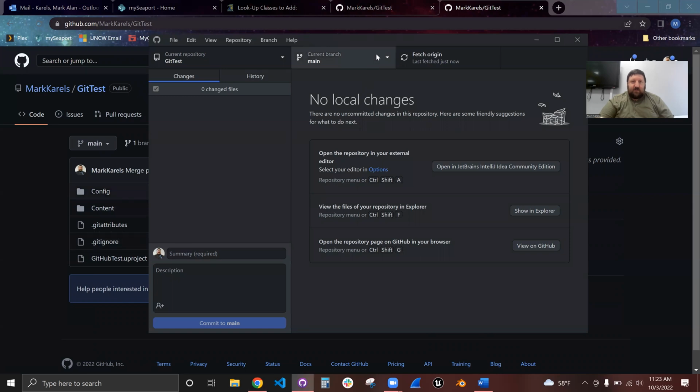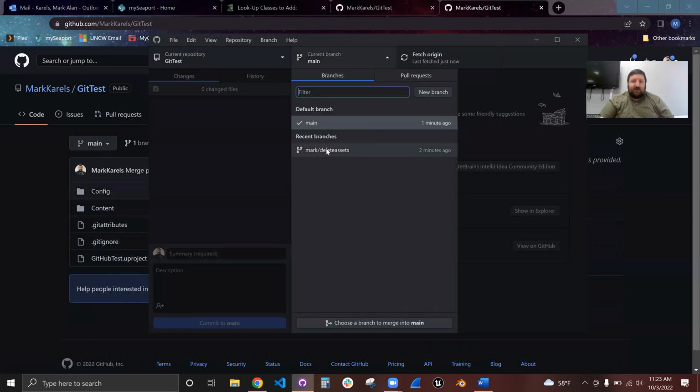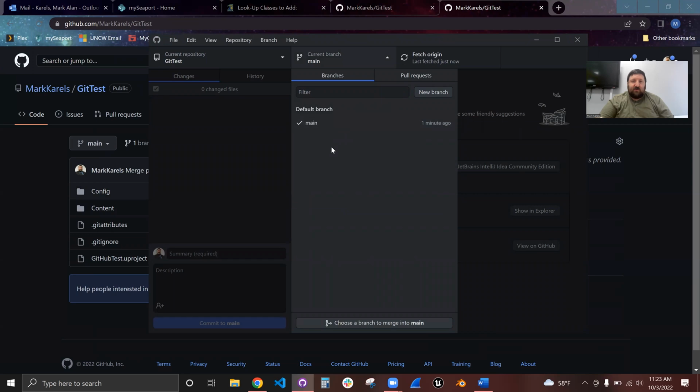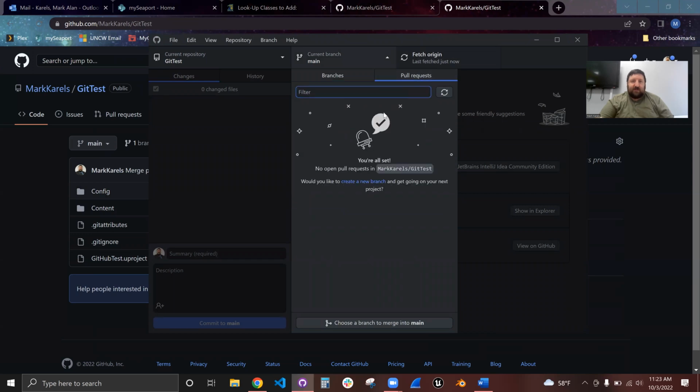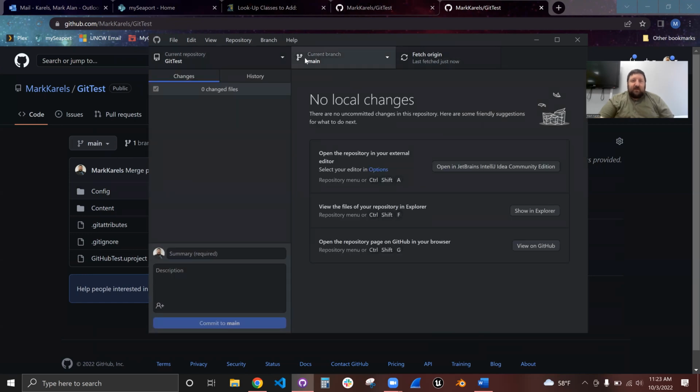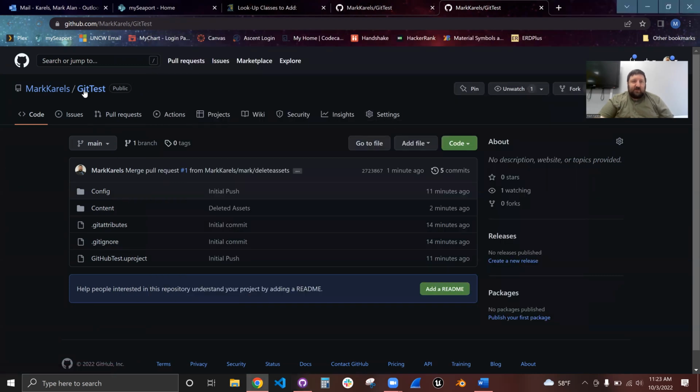So that is how you create the branch. What I usually do is afterwards, I'll right click this and delete because that branch is deleted within Git. So there's no point in having it there. And then you can see any PRs, pull requests that are currently open through here, which there are none. So that's that there. To clone it, what you'll do is if you go to the settings within the repository,